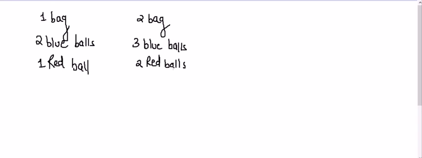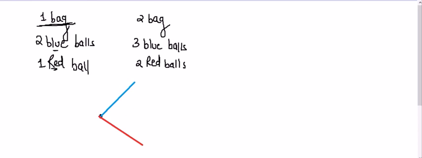So we are completing it. Let me see how to draw these tree diagrams. Let me take the first bag. I have to select one ball from the first bag. So it can be a blue ball, and it can be a red ball. Definitely, because there are only two colored balls. One can be blue and another can be red. There is no other third condition.